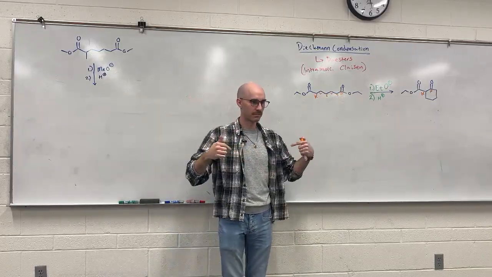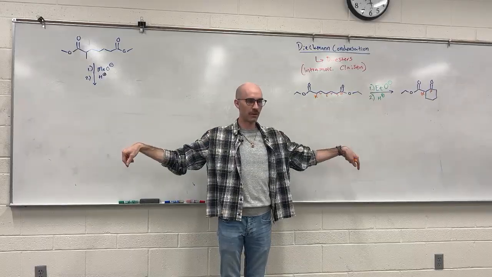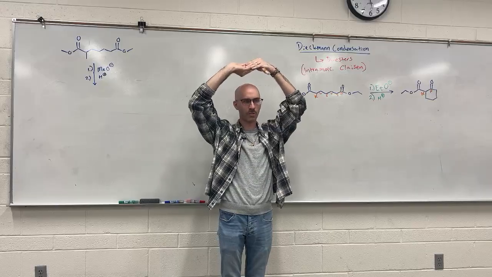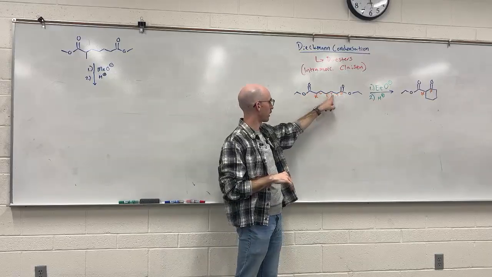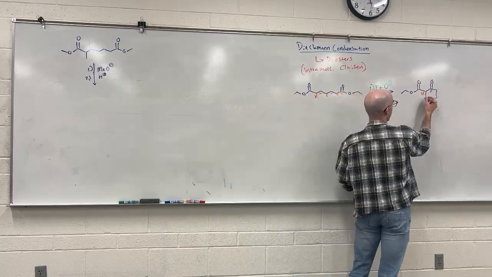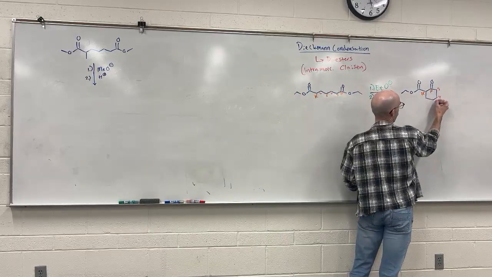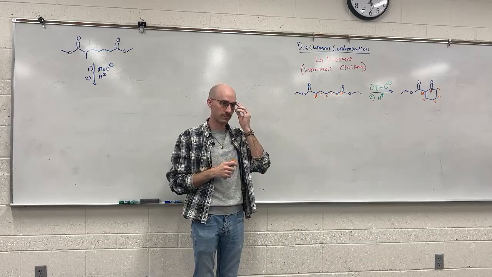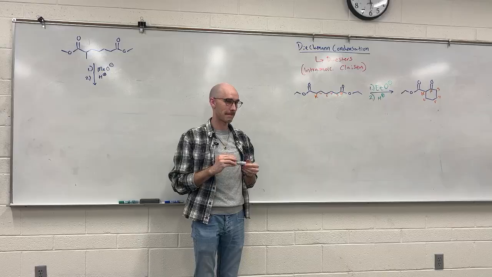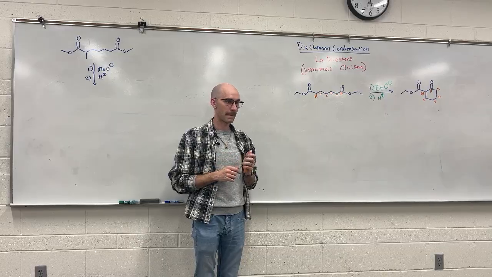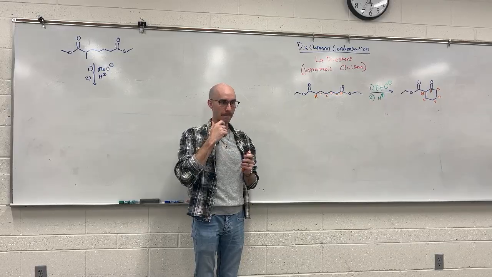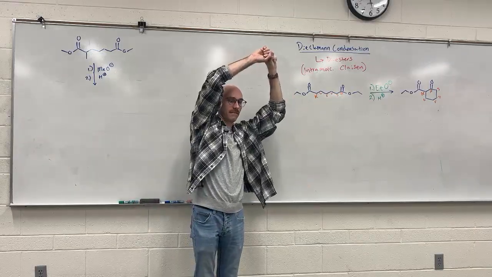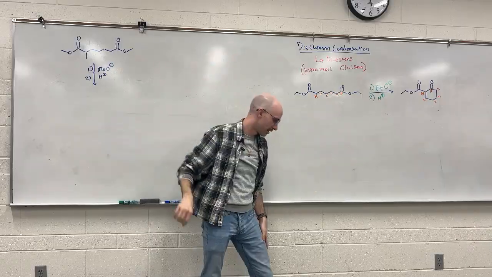Do you see how my shoulders right now are not a part of a ring, but if I take my hands and make a ring, now my shoulders are part of a ring. These are not part of a ring, but if I link alpha and beta, alpha, beta, 3, 4, 5, 6, now I do have a ring. Like that. That was the substitution.